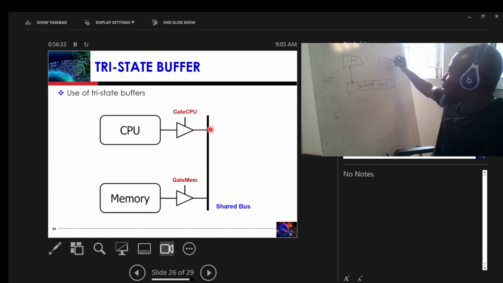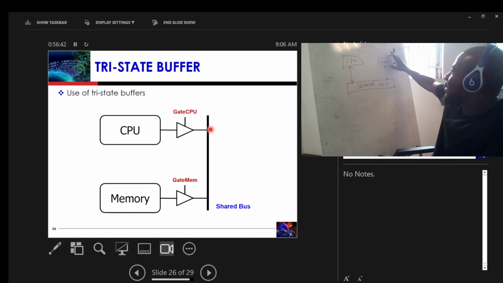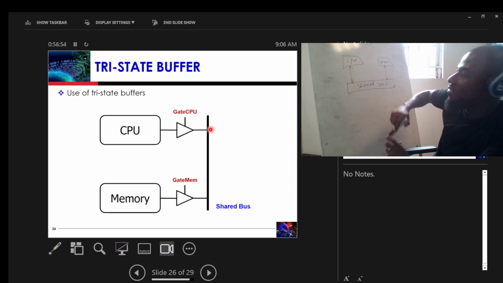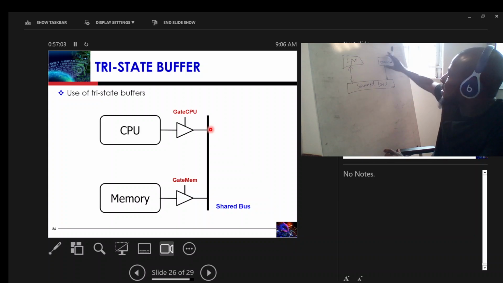So the memory is also connected to the shared bus. But the issue is that the CPU and the memory cannot use the shared bus at the same time. Even though it's shared, only one can have access to the bus, and the other one must be deactivated. So if the CPU needs to use the bus, the CPU will have to enable a component on its side to be able to use the bus, and the components on the memory will have to be